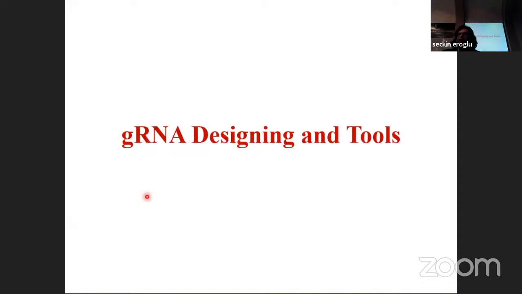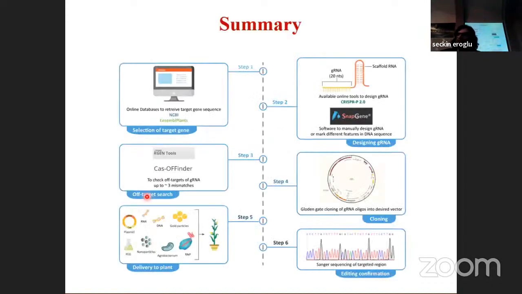Now let's talk about this. The point which I want to make is that we have different kinds of Cas protein. You need to know which Cas protein you are working with, what is the requirement, what is the PAM sequence, and whether that PAM is present upstream or downstream, and then you design your guide RNA. If you talk about the summary of the whole genome editing,